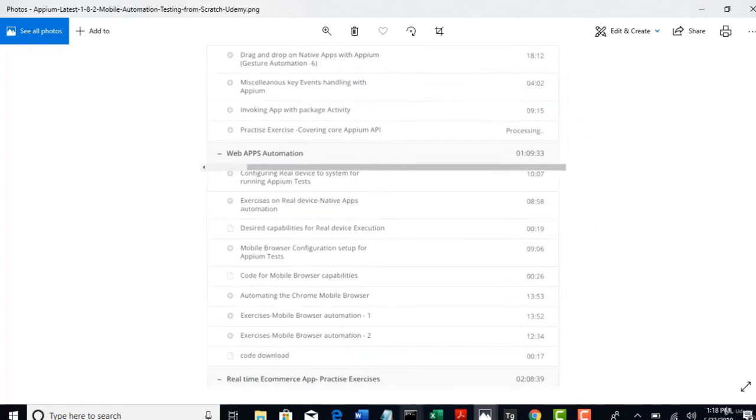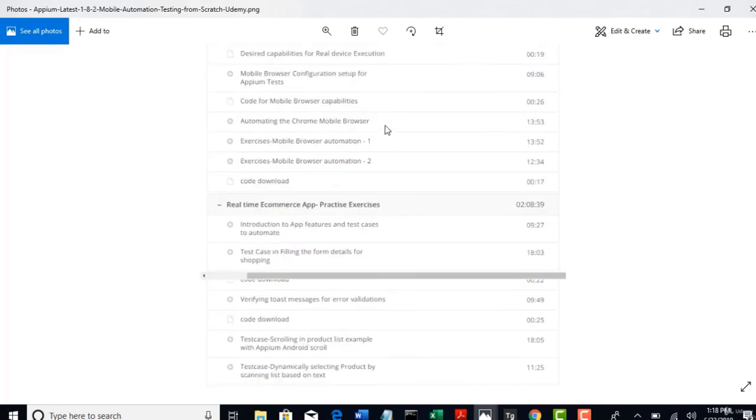And thereafter we will see how to automate web apps, like automating your mobile browsers. Once we discuss that, we will complete all the basics of Appium learning. And thereafter I will pick one real-time e-commerce app, and we will do lots of practice exercises with the knowledge we gain till this section,